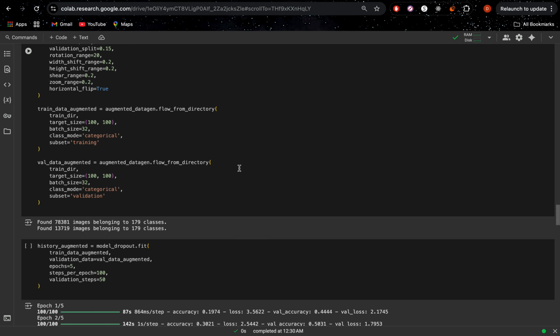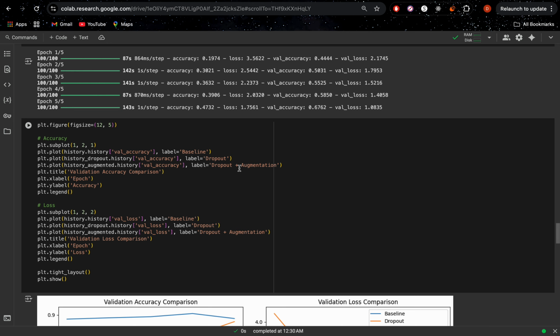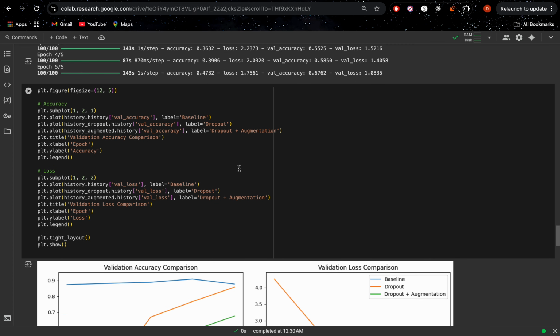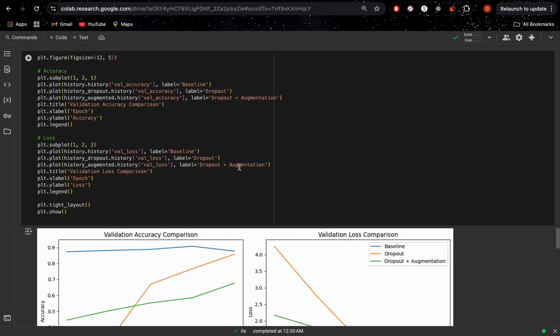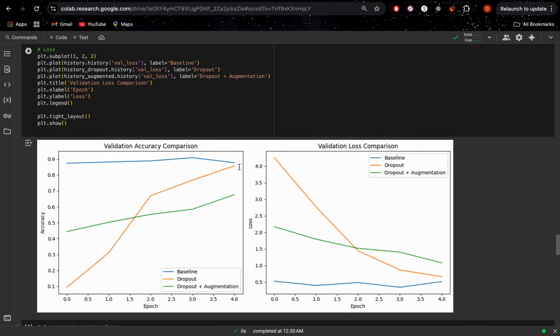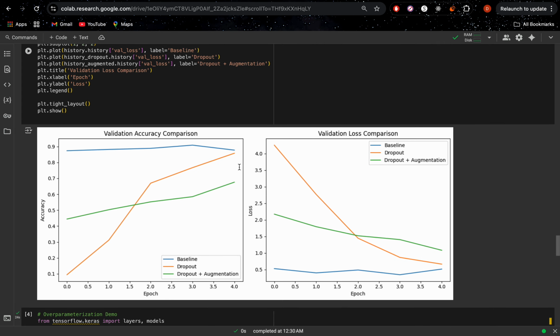So next up is the overparameterization demonstration. To show how too many parameters can be a problem, I created a deep model with 4 convolutional layers and multiple dense layers, a classic case of overparameterization. It quickly achieved high training accuracy but performed poorly on the validation set. This proves that a bigger model doesn't mean better results, especially without regularization. So as you can see in the graph,